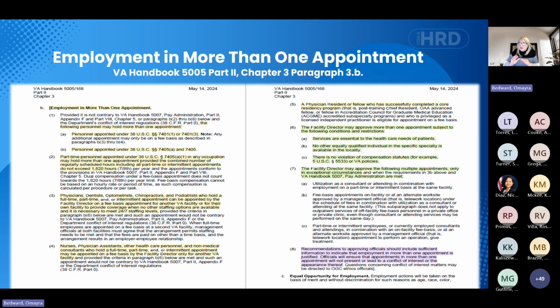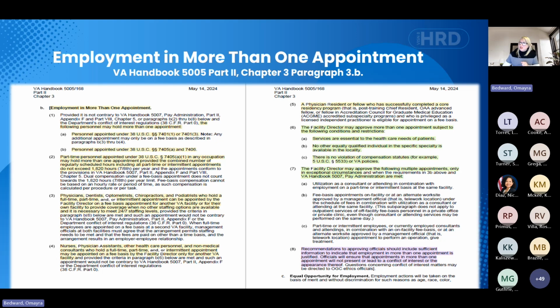Before we go forward, I do want to make a note that the handbooks have been updated in the past few years, and at times it might look like they are contradicting, but I encourage you to cross-reference and to read the regulation completely. An example of this, and I'm getting ahead of myself, is VA Handbook 5007, Part 7, Chapter 5, updated in 2007, which includes in one paragraph that an employee is not entitled to receive basic pay from more than one federal position.